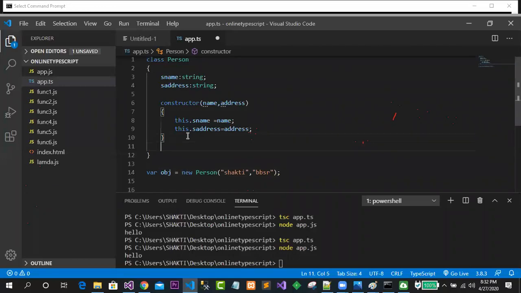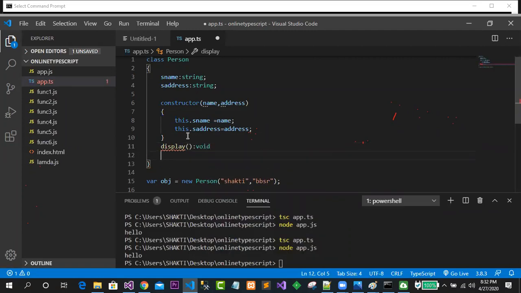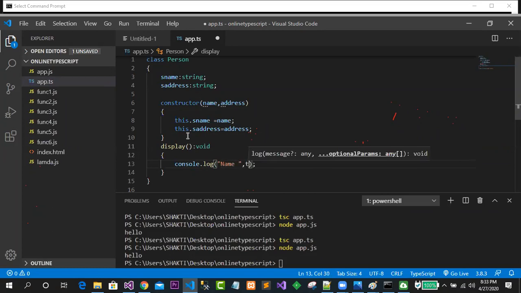Now to show the data, let me take a method here, display, and this display is a method. It is a void kind of method, and in here I will simply print with console.log the value of name, which is this.name.